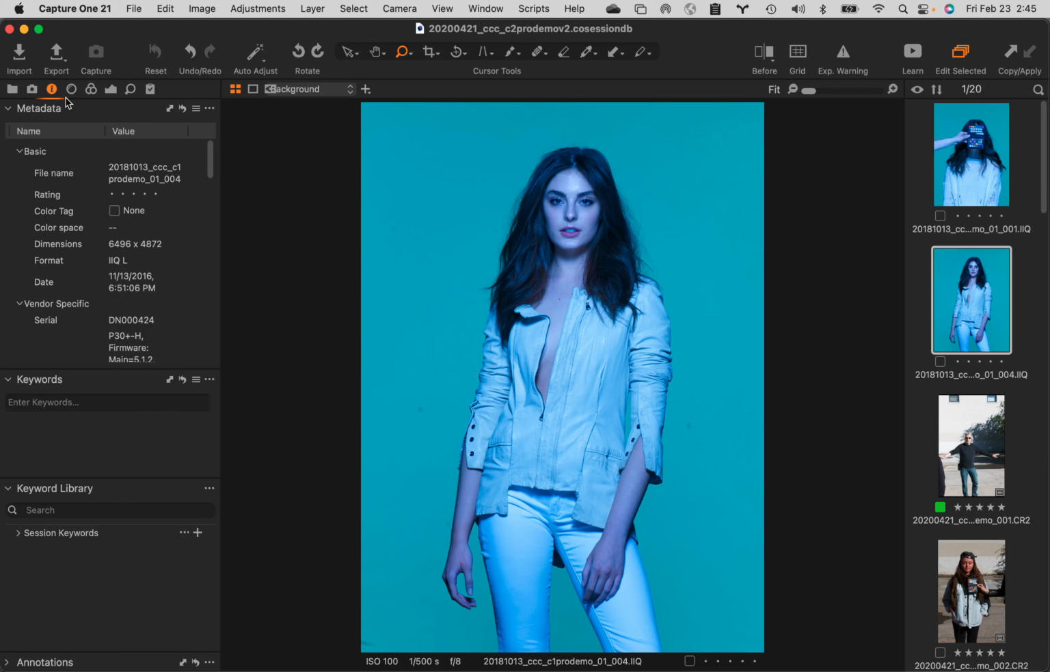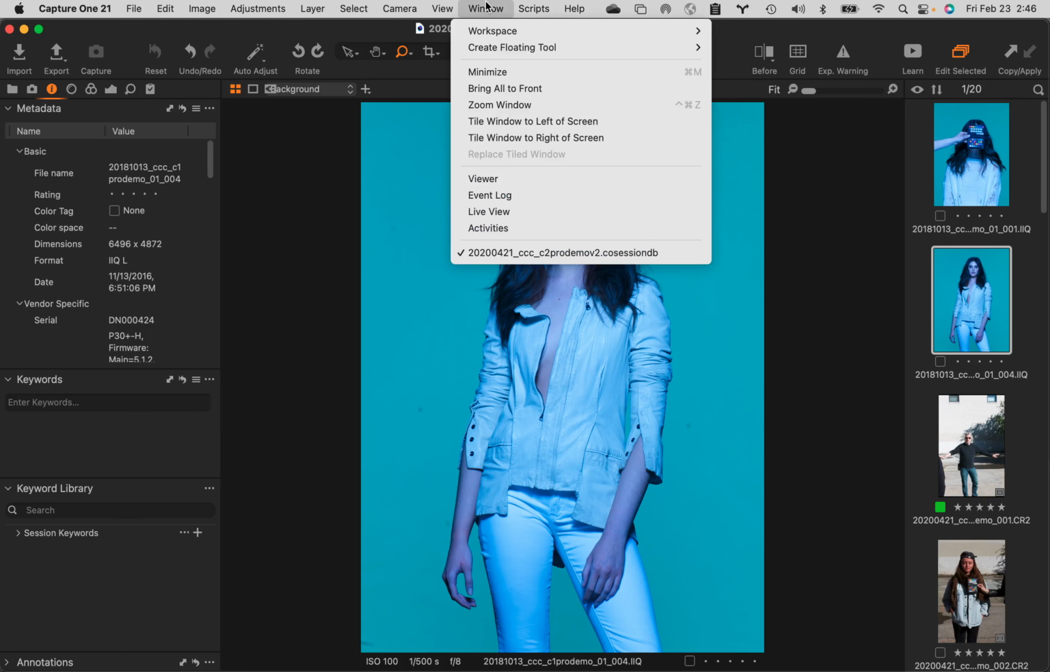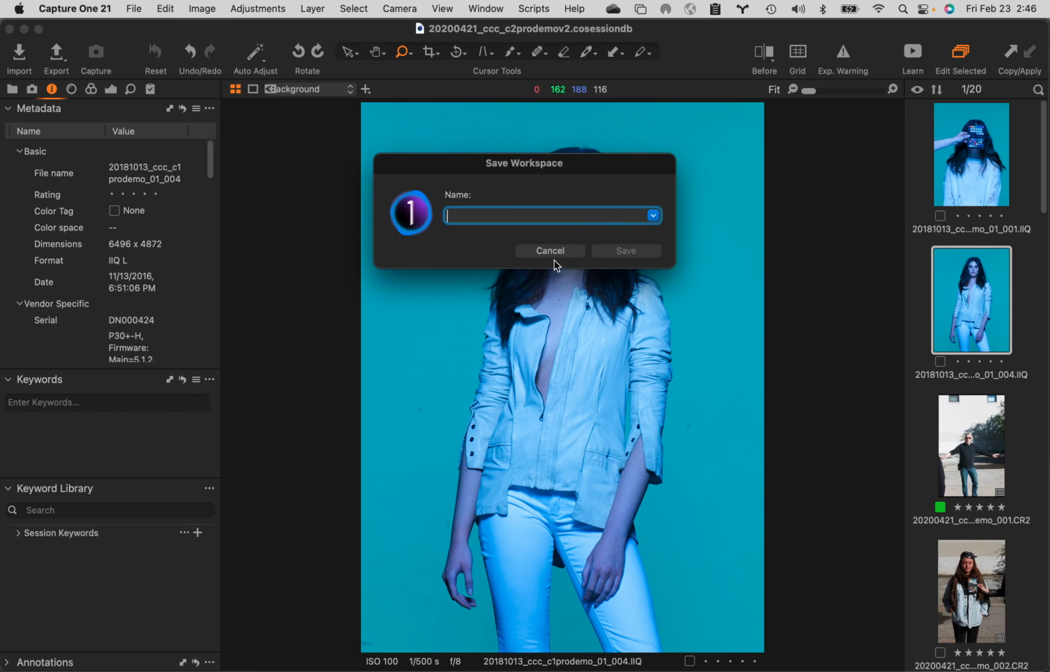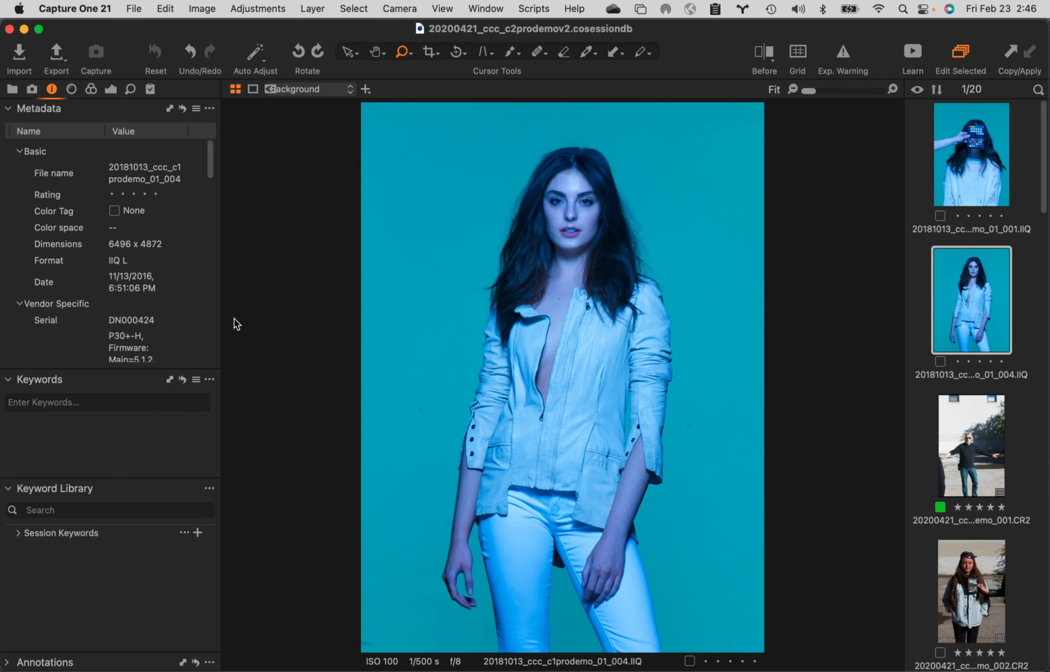Again, if you get this all tricked out and you love what you've got, come up to your window menu, come down and do Save as Workspace, and save it and call it your own personal workspace. So this would be, in my case, Verser's Workspace, if that's where I wanted this part to be. Then to actually find those workspaces,